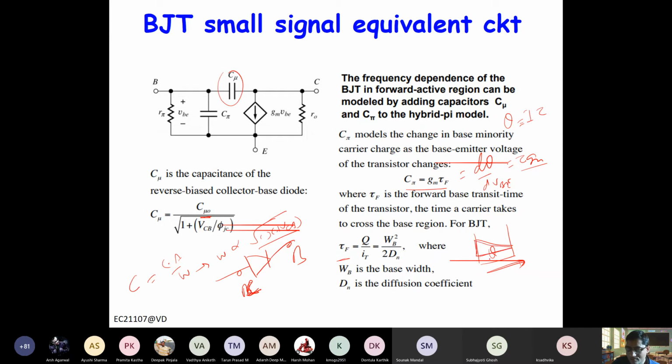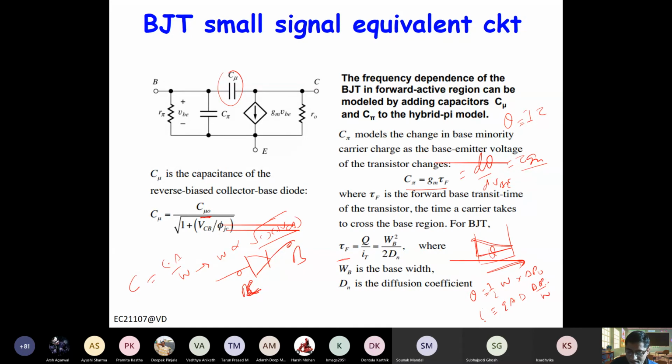Especially for a narrow base, we can write q is equal to half times base width times the maximum concentration, delta p, exponential qV by kT, those things, right? Let's call it delta p naught. And then your I is basically the slope of this thing, so q A D times dp by dx, right? The dp by dx will be delta p naught, the maximum value, divided by W, right?